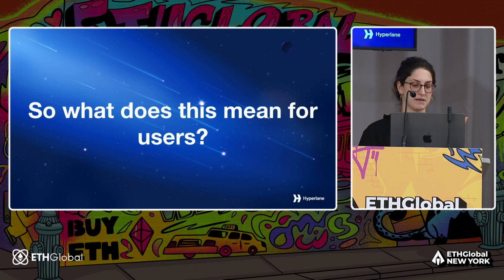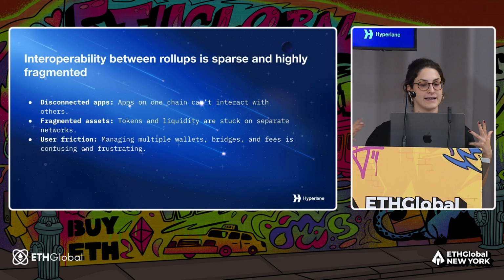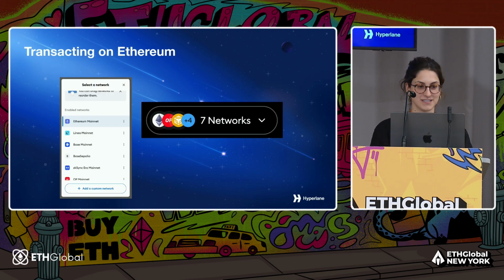To explain the core problem: when you have all these multiple networks, what you see between them is a lot of disconnected apps. There are fragmented assets. Your assets can live on one chain, but you want to make an interaction on another chain. So what you usually do is go through multiple hoops on one network to transfer your assets first and then swap to another. There are a lot of fragmented assets, and this causes a lot of user friction. Moving just slightly faster, keeping track of time.